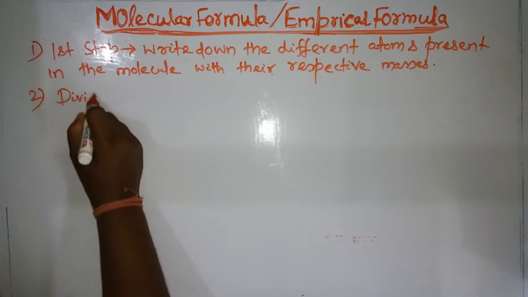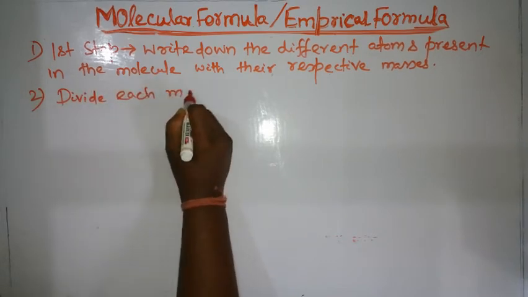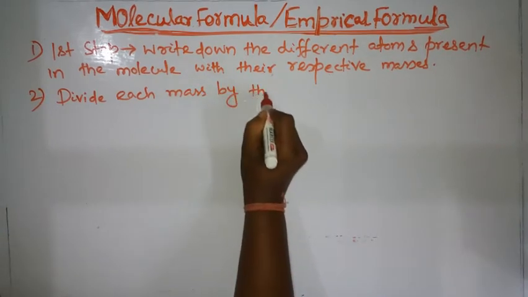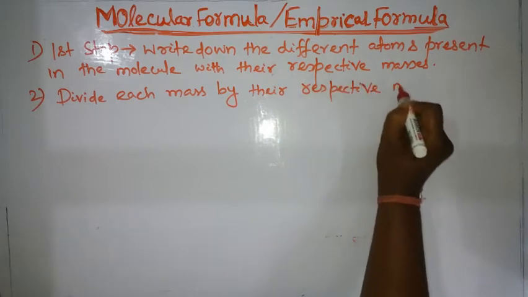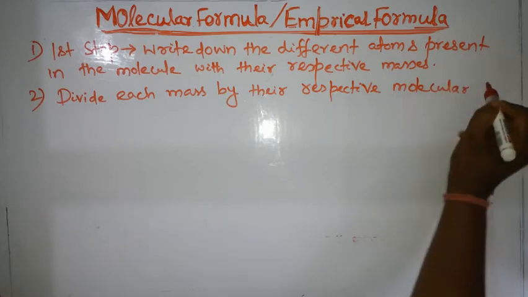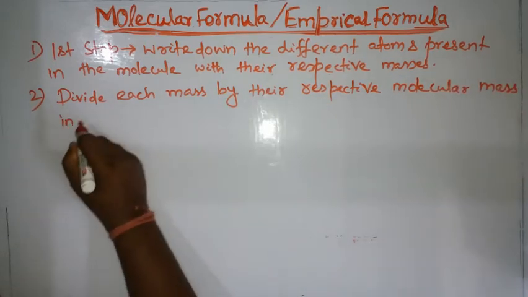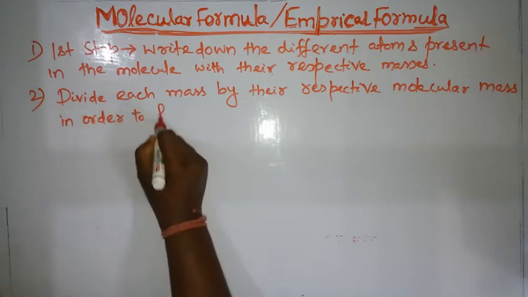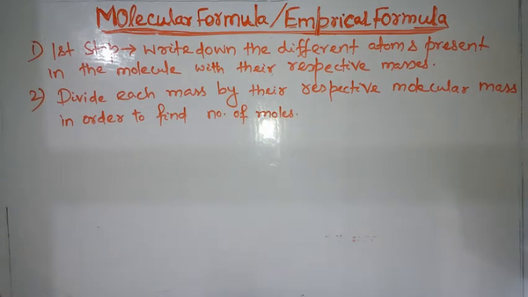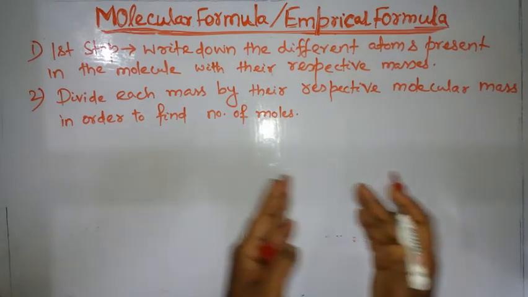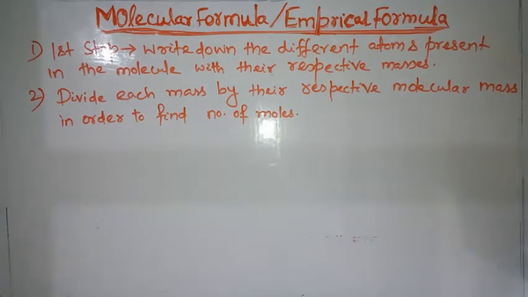After that, divide each mass by their respective atomic mass in order to find the number of moles. ओके, डिफरेंट मास, ऑक्सीजन इतना ग्राम का, हाइड्रोजन इतना ग्राम का, कार्बन इतना ग्राम का है। यू नो द मास, नंबर ऑफ दैट एटम्स। डिवाइड करने के बाद जो मिलेगा वो है नंबर ऑफ मोल्स।